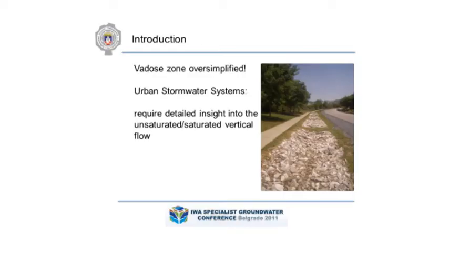Now, as Mr. William Kling said yesterday, the planet is making a shift from a rural to an urban lifestyle. We have a lot of urbanization and problems related to it. We have an increased runoff. We have changes in the groundwater regime. We try to relieve the stress of urbanization on the aquifers by using urban stormwater systems. However,